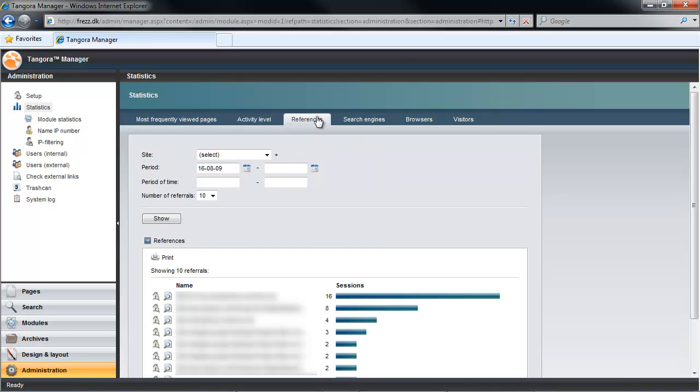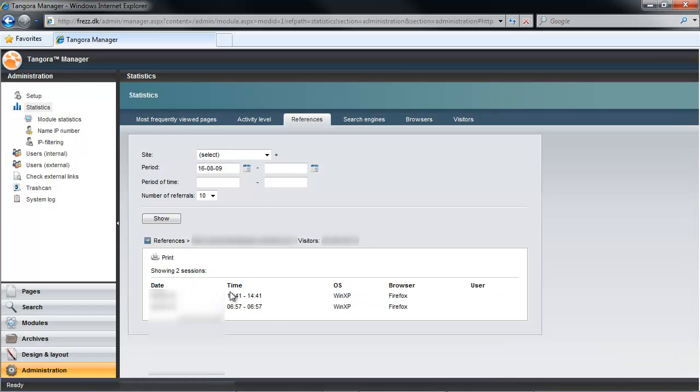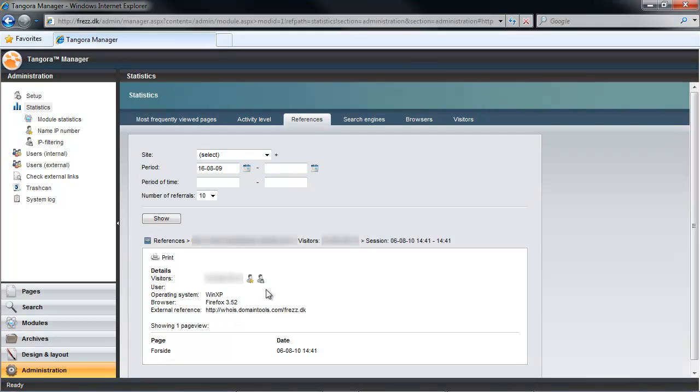The References tab lists the websites from which you are being visited. This is to say, what site was your visitor on when they clicked a link and visited you. Here you can get the answers to which of the sites that are linking to you are driving the most traffic to your site, including notably the search engines that your visitors are using to find you. Here again you could click on the various results to ascertain who the visitor is, when they came, and where they otherwise were on your site.